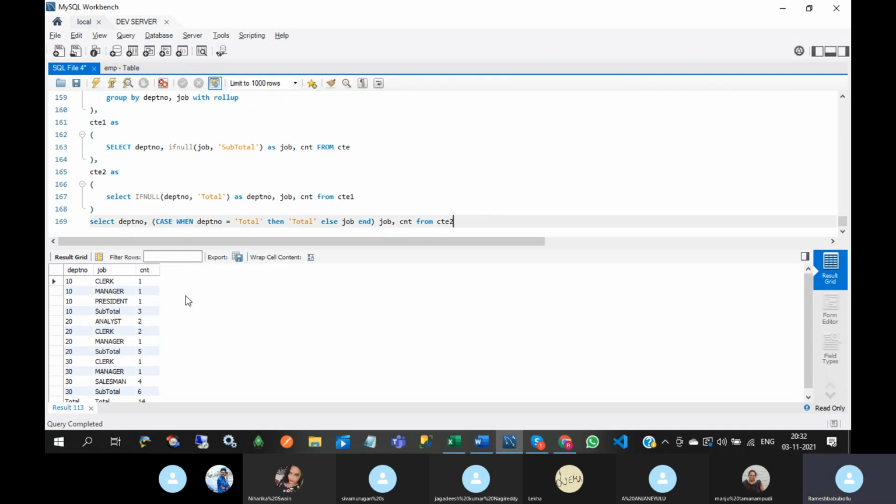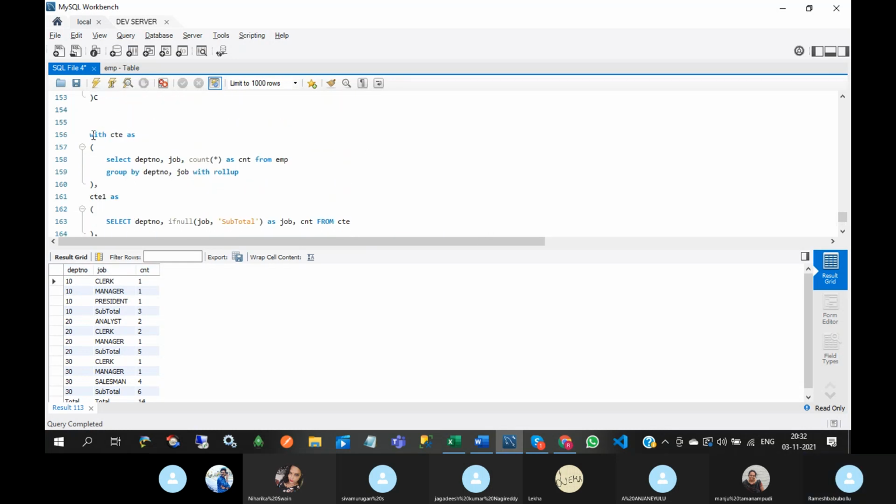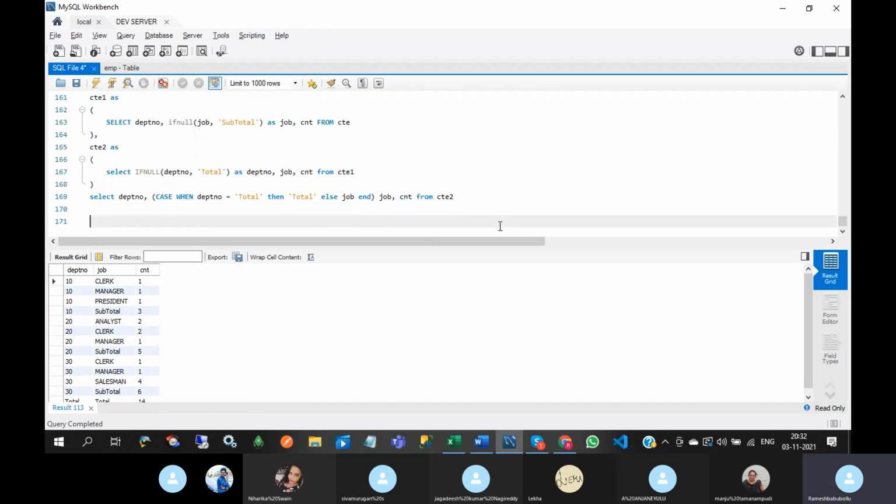So this is the result set. Finally we will get department number, job count. So here, I can insert this data into another table. To do that, I need to create one table.